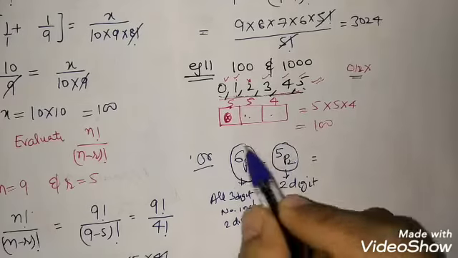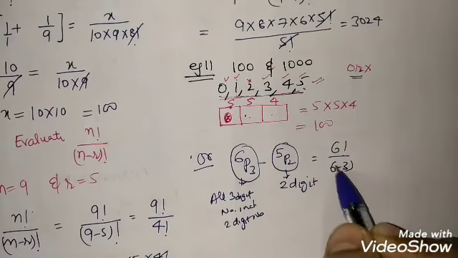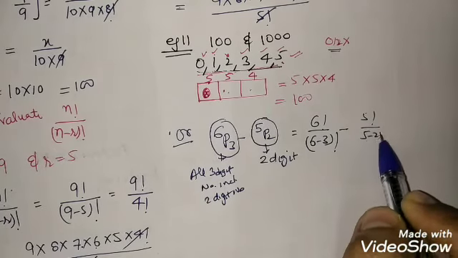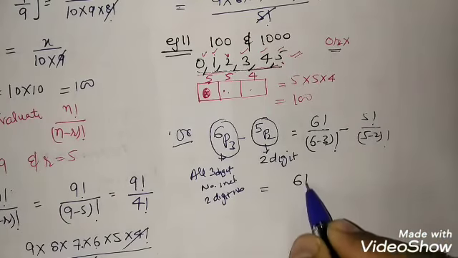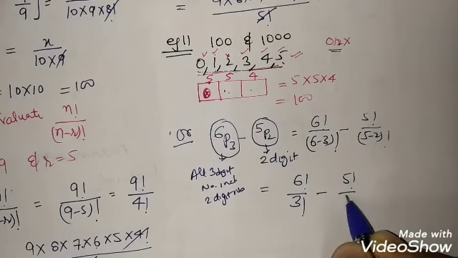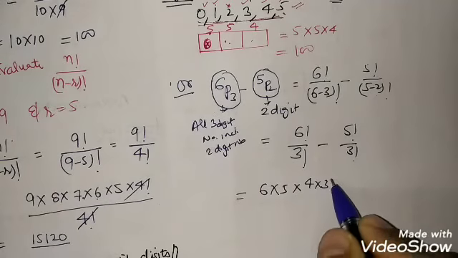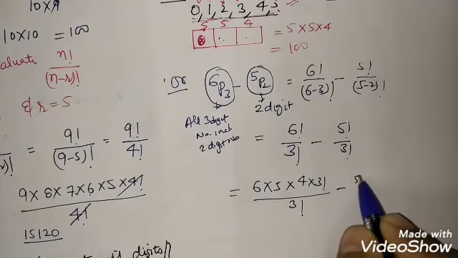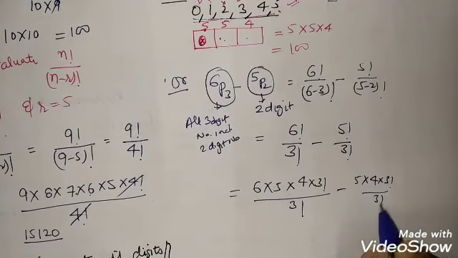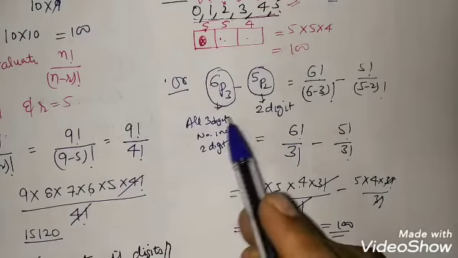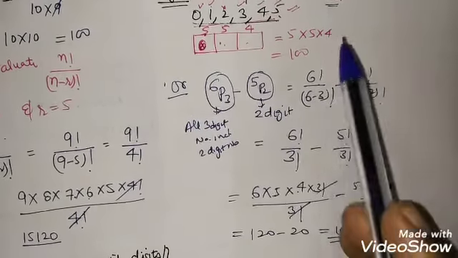The value of 6P3 is 6 factorial upon 6 minus 3 factorial, minus 5P2, which is 5 factorial upon 5 minus 2 factorial. Simply, this is 6 factorial upon 3 factorial minus 5 factorial upon 3 factorial. This is 6 into 5 into 4 into 3 factorial upon 3 factorial minus 5 into 4 into 3 factorial upon 3 factorial. Cut it out. 6 fives are 30, 30 fours are 120, minus 4 fives are 20. The answer is again 100. But it's quite difficult for you. On initiating the problem, you can use that particular method also.